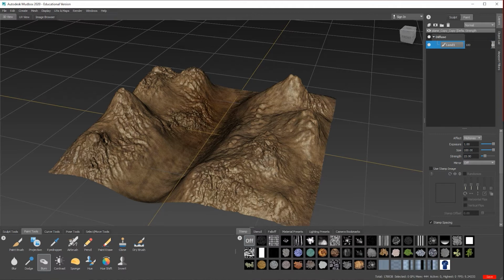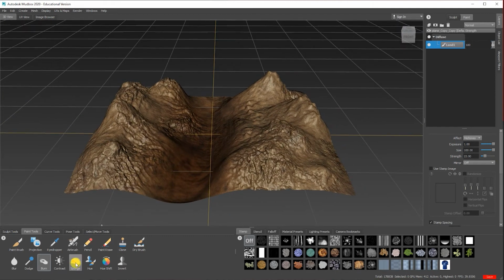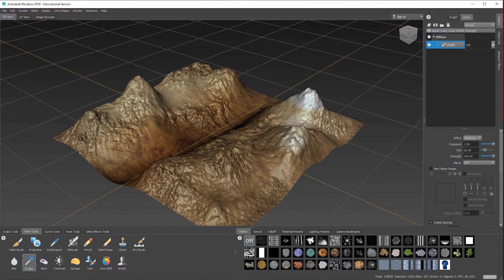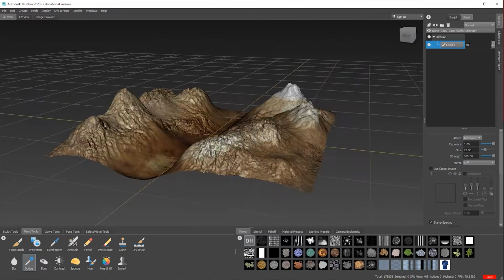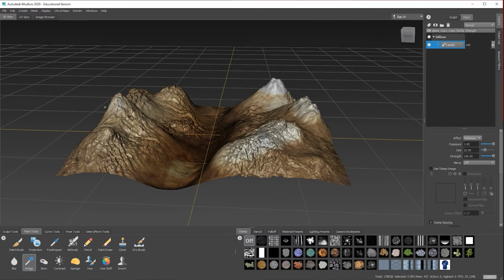So let's say I want to darken the bit in between like this. So I'm using the actual burn tool. Again, the opposite way, you could just lighten it and so on. If we double click, if the settings aren't on, you could change the size. You could paint these, I suppose, if you wanted little bits of snow on the tips. I'm just rubbing the colour out, but you could paint them. It's a bit crude, but I just want to show you what I mean.